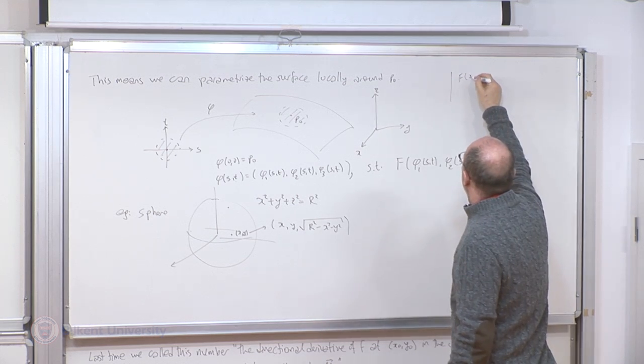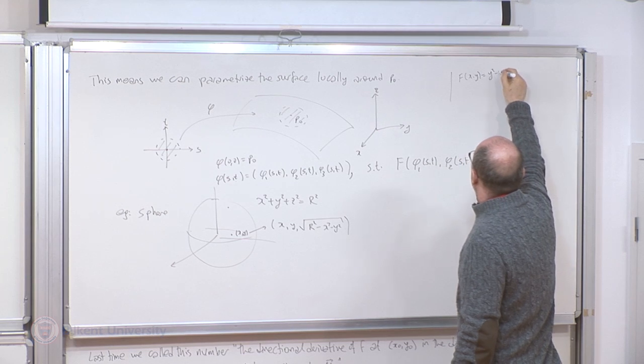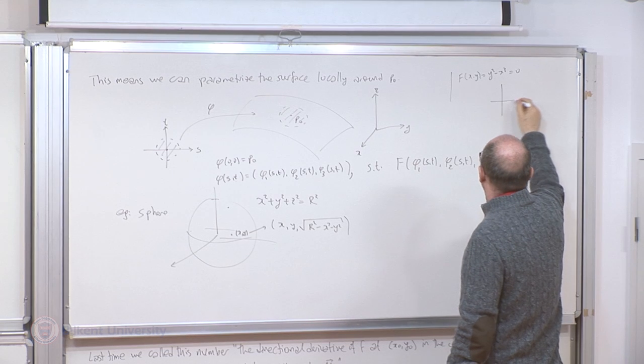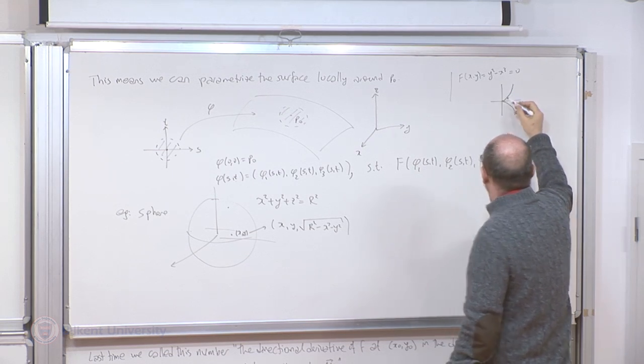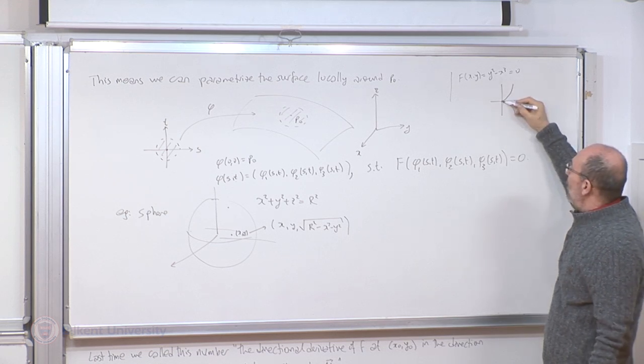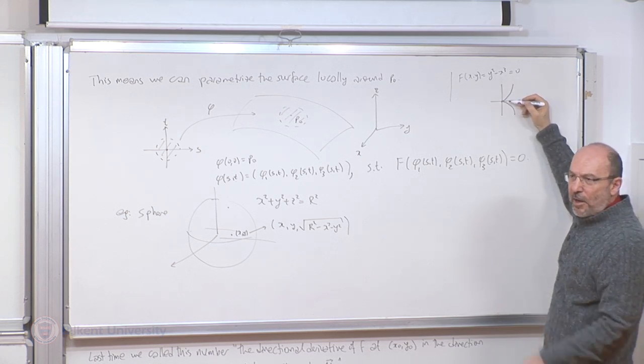So f(x, y) is y squared minus x cubed. You draw the graph of this when it is equal to 0, so it will be a curve like this. And you see the gradient will be (x, y), so at this point the gradient is 0. Okay, so this is a bad point because